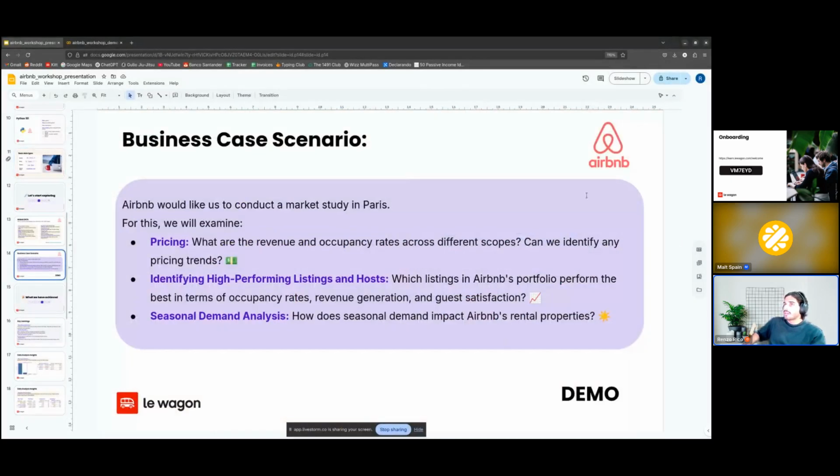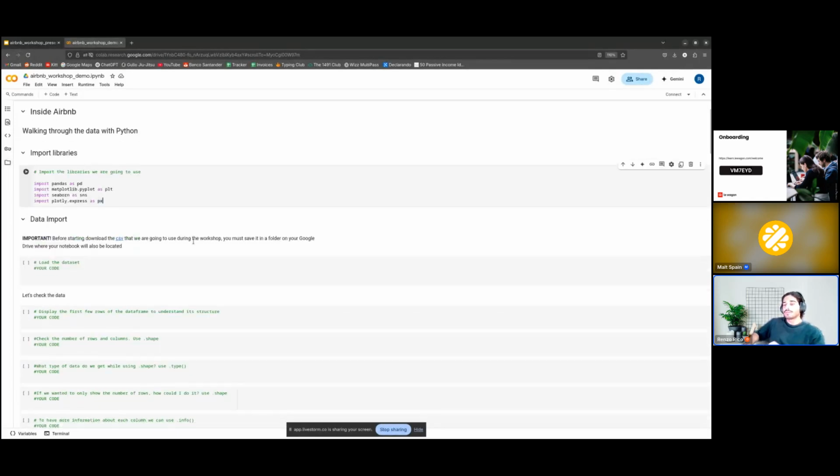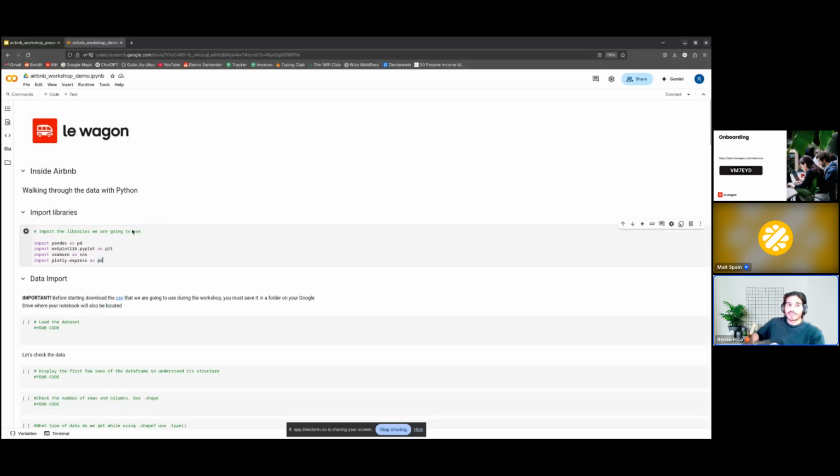Okay, so now let's go to the Google Colab, and this is how it looks. It's basically like a document. We have some cells that we can write stuff in. It could be markdown text or it could be code, like this one, for example. The first thing that we need to do before working in Google Colab is to add the file into